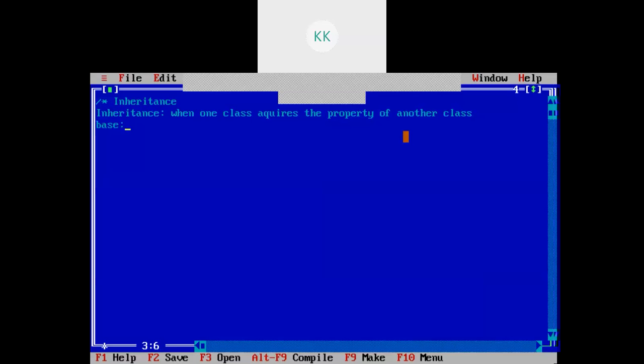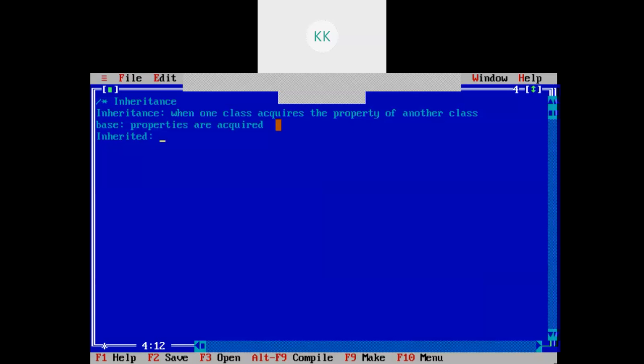Base class is a class from which the properties are acquired, right? And the inherited class is there. In the inherited class, properties are acquired from the base class, right?